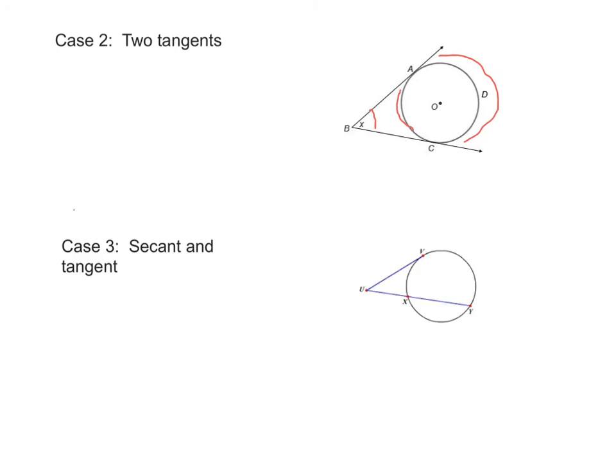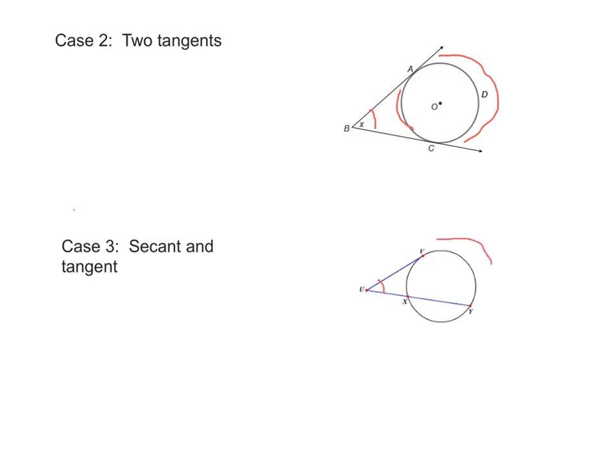So the third and final case is when we have a secant and a tangent. So as you can see in the diagram, we have a secant UXY and a tangent UV. And what does this theorem state about that? It basically states that the measure of this angle out here, angle U, is equal to 1/2 the difference of